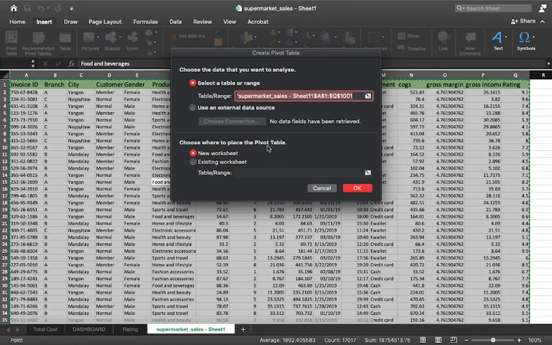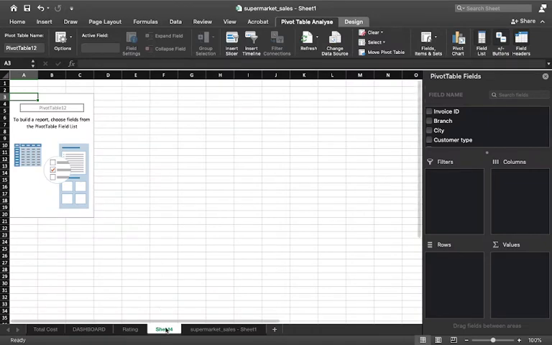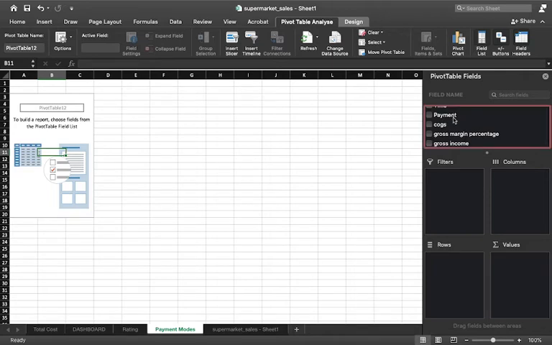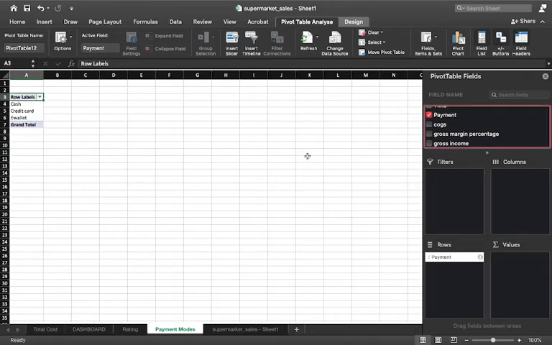All right, so what I'll do is we will just insert a pivot table again. Our table has been selected. I'll click on new worksheet and OK. Here I'll rename this, because I am finding the payment mode, so I'll just name it as payment modes, right? So here what I need to find is the payment mode. So maybe in the rows part I'll choose this payment attribute and put it into my rows. So we have three options here, which is cash, credit card and e-wallet.